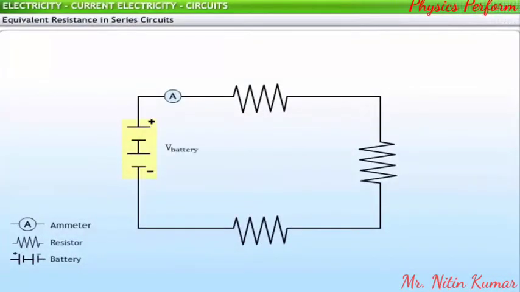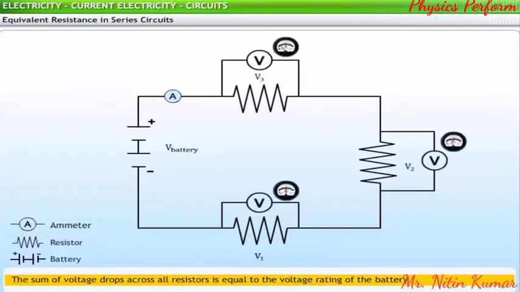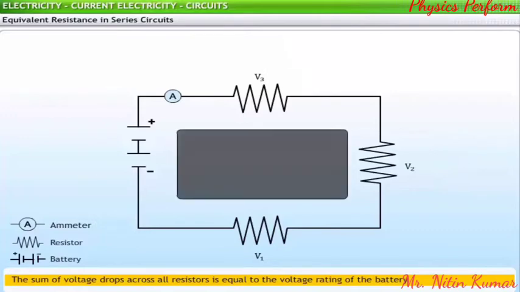If an electric circuit, powered by a battery V, is equipped with more than one resistor in series, then the cumulative loss of electric potential is V volts. Thus, there is a voltage drop for each resistor, but the sum of these voltage drops is V volts, the same as the voltage rating of the battery. The total voltage drop of the circuit can be expressed mathematically as V is equal to V1 plus V2 plus V3,